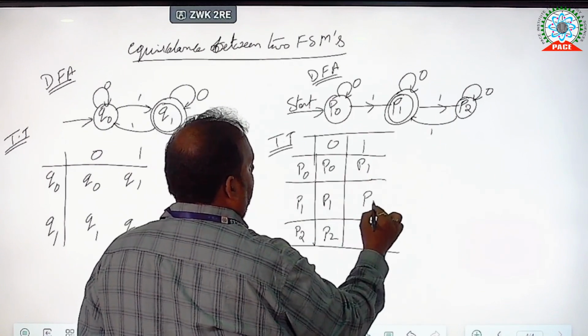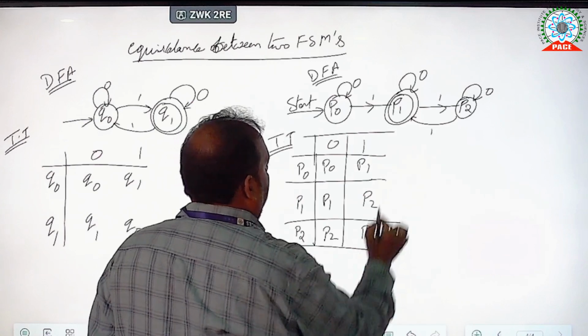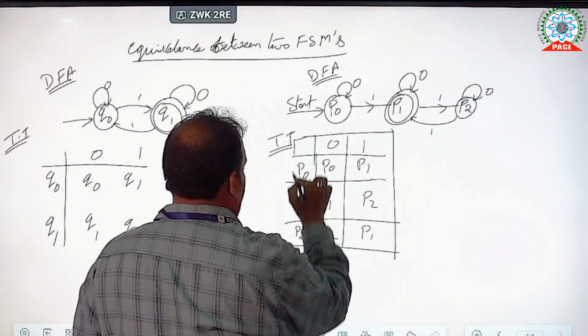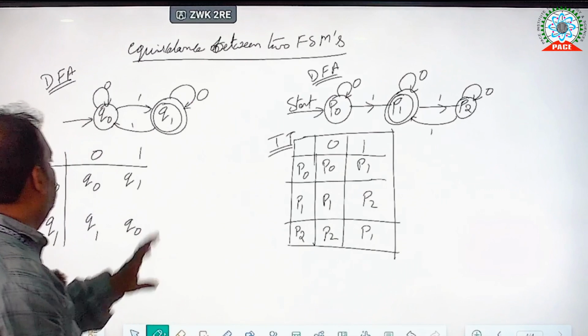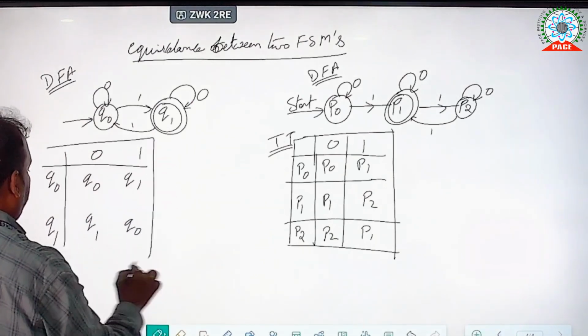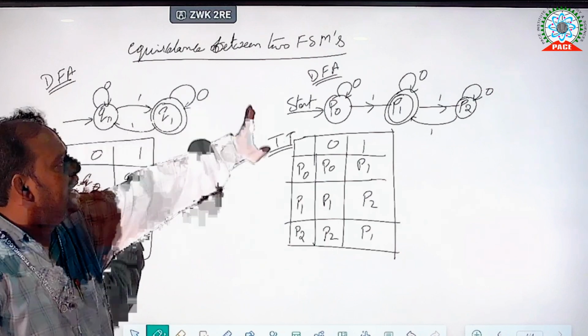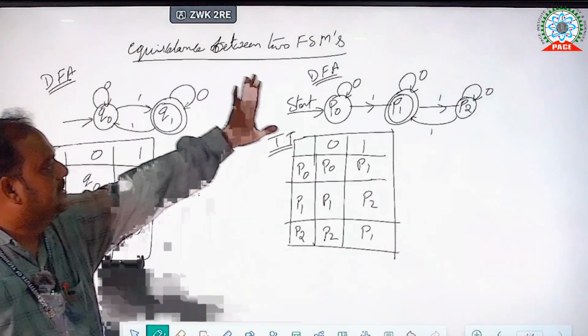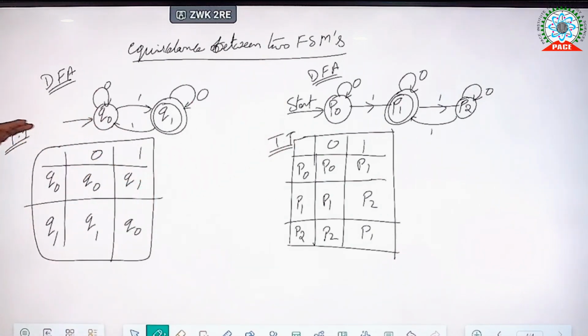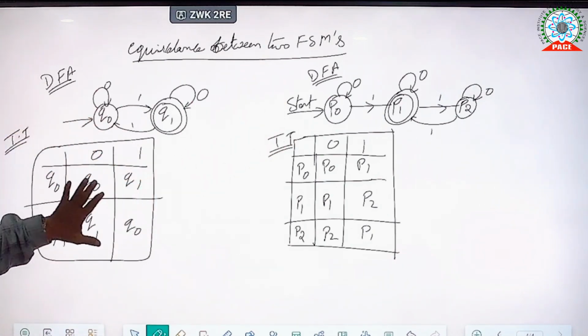So like this. Here we look at the equivalence between the two finite state machines. Here I am taking the two machines. After that, the simplification of the transition table like this. After that, I want to find the equivalence between these two diagrams. For that purpose, I am taking